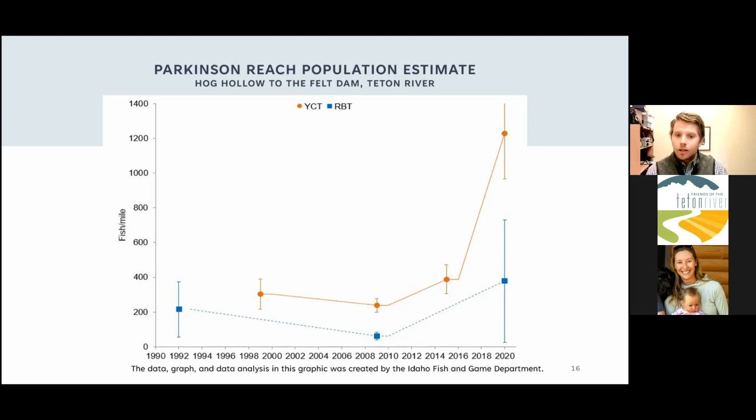a whole. In a 2020 survey, Idaho Fish and Game estimated that there's 1,229 Yellowstone cutthroat trout per mile. That is 3 times higher than the 2015 estimate of 389 fish per mile. It can't all be